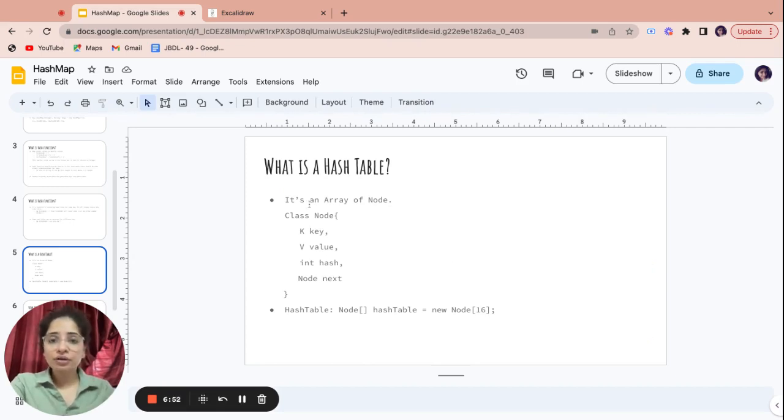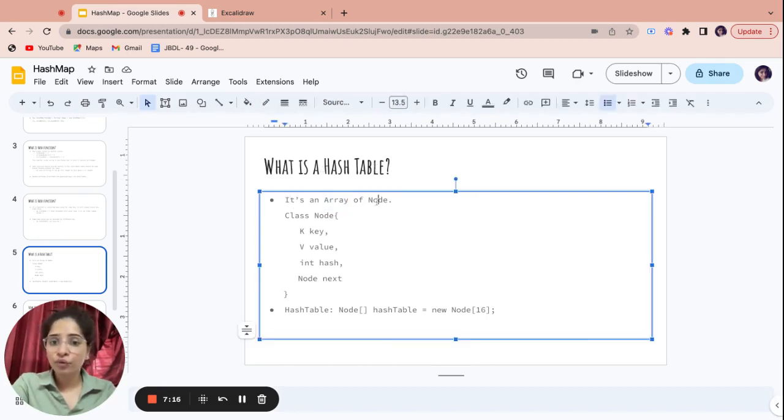If I talk about what exactly a hash table is, we have a key, we have a value, we have a hash. Now we have to put the data somewhere, to maintain uniqueness and achieve all the properties. How are we going to do that? For that we need a hash table. What is a hash table? A hash table is an array of nodes.